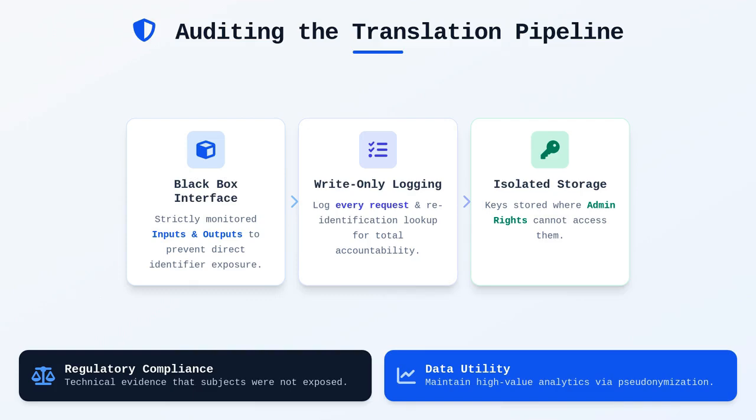Auditing the translation request pipeline is the final piece of the architectural puzzle that many engineers overlook during the initial design phase. You need to log every request to the translation service, particularly those involving re-identification lookups, to maintain accountability and detect potential anomalous behavior. These logs must be write-only for the service and stored in a location where the keys themselves are not accessible